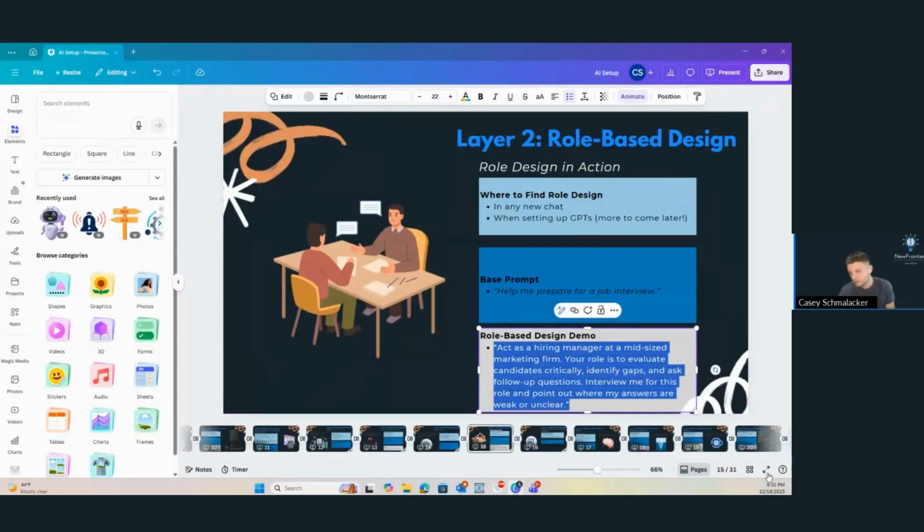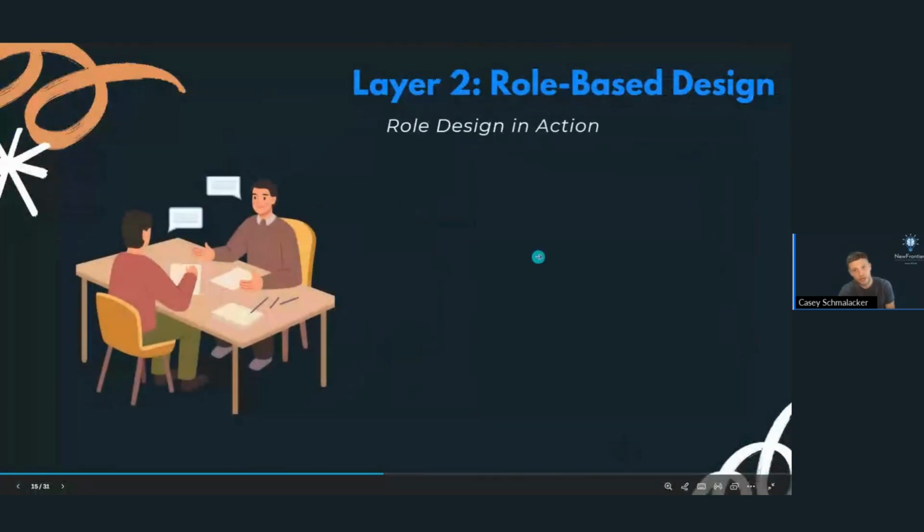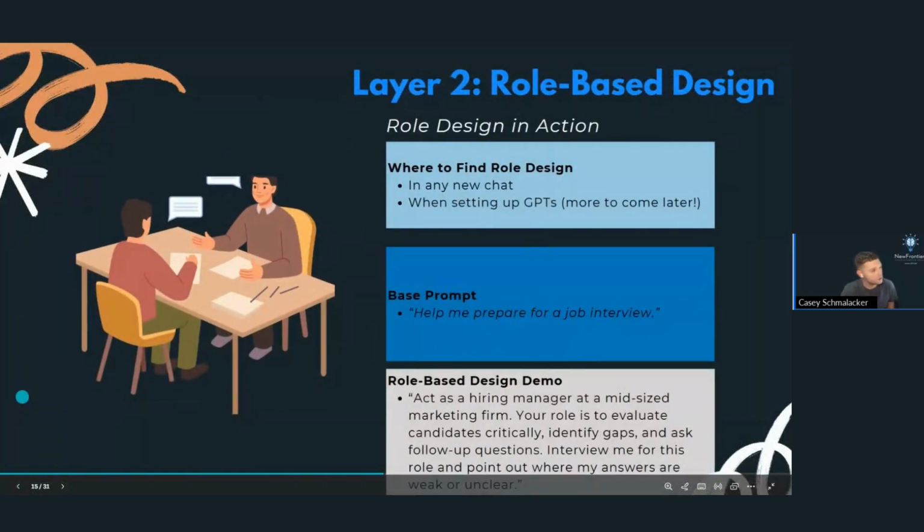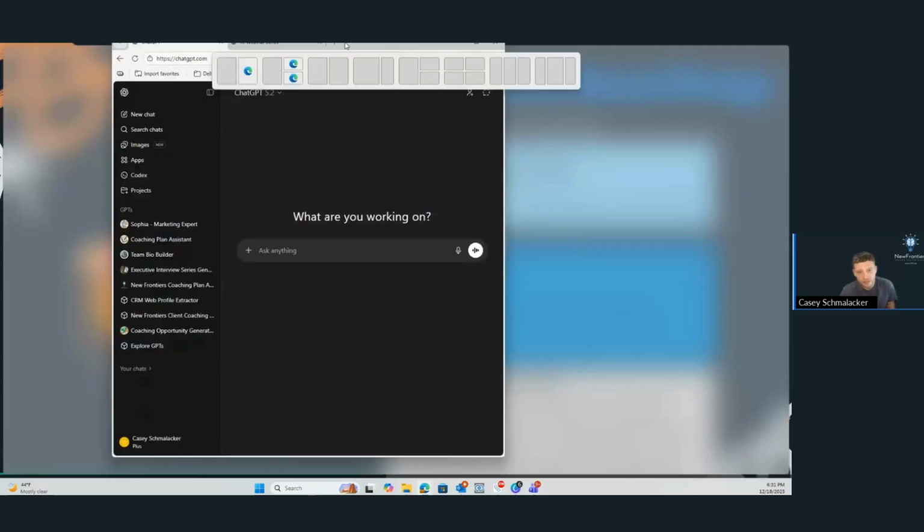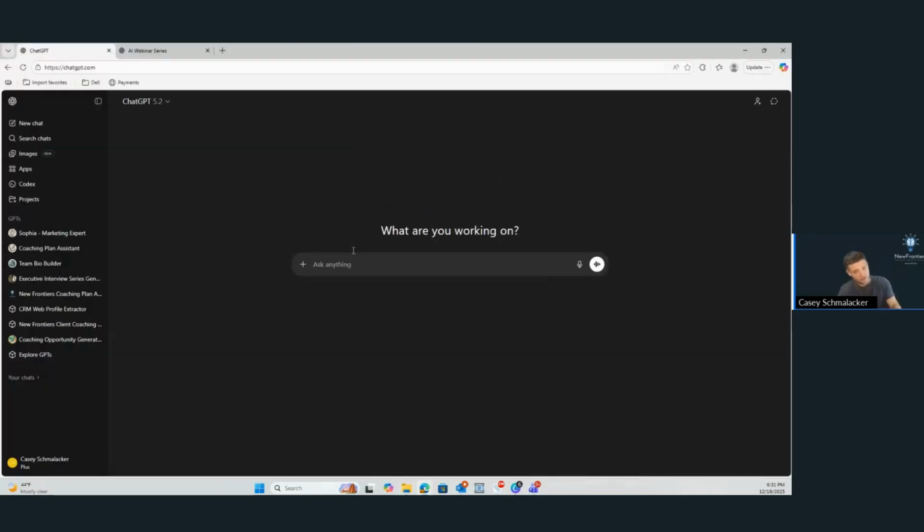So now let's check out with role design. What we're doing with the role design here is we're telling it very specifically, okay, there we go. Act as a hiring manager at a mid-sized marketing firm. Your role is to evaluate candidates critically, identify gaps, and ask follow-up questions.